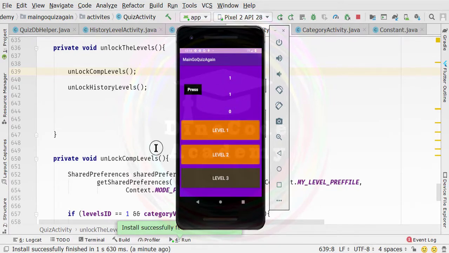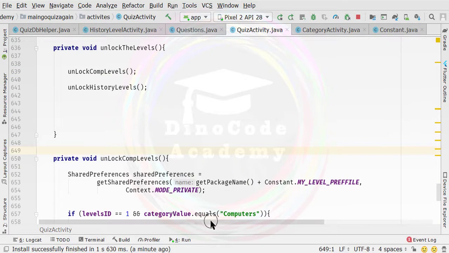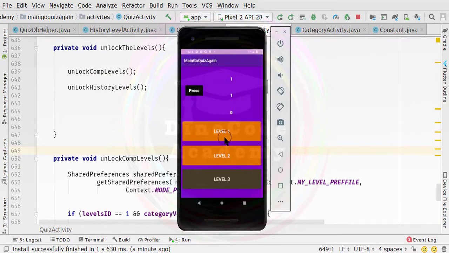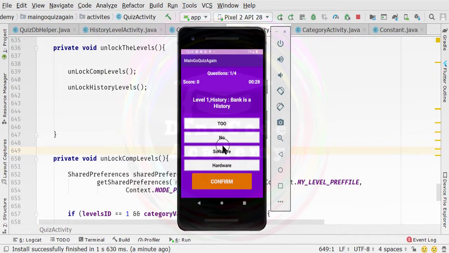So guys, through that you can add the categories to your application. So if I just play the level 1, I have selected the level 1, so don't worry, we just want to go to the result activity. Actually I forgot to select the question answer. Correct. Click on OK, and this is the last one I think. Correct. So it's finished. Now we are inside the result activity.